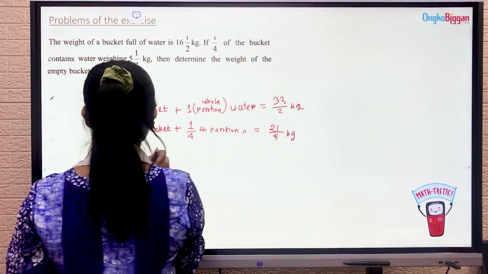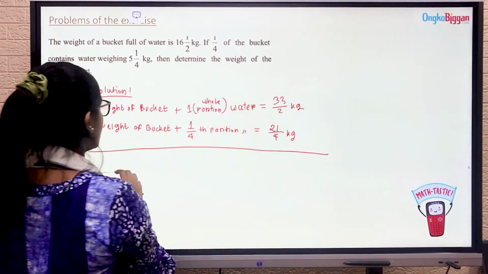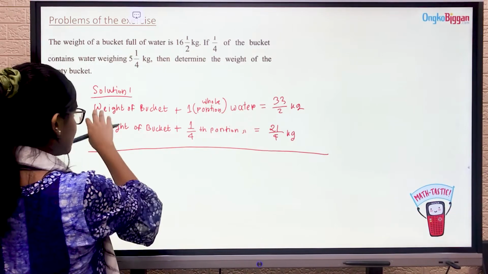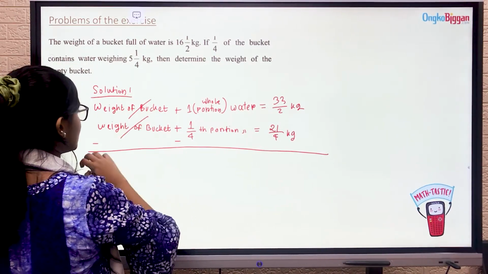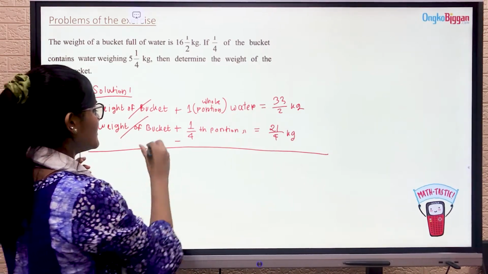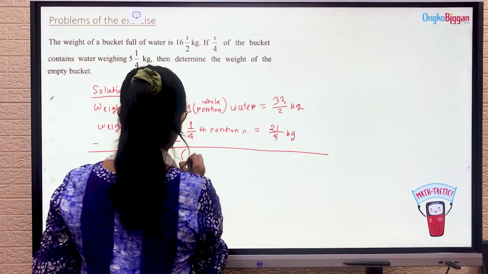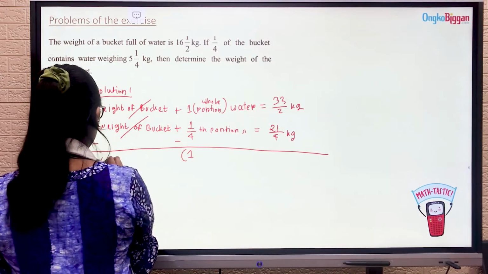So now we will deduct these two. So weight of the bucket, we will put subtract sign here. So these two are omitted and we just get left over 1 weight of